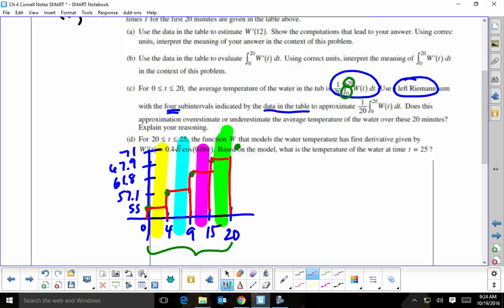So let's go and get the areas. So this area is 4 times 55 plus